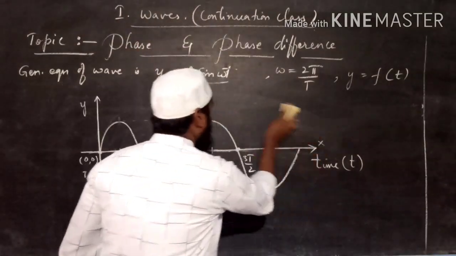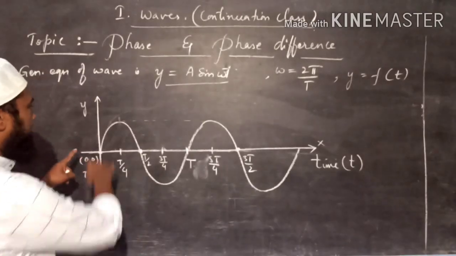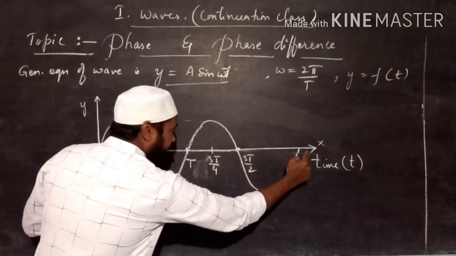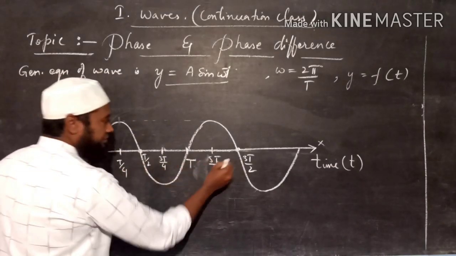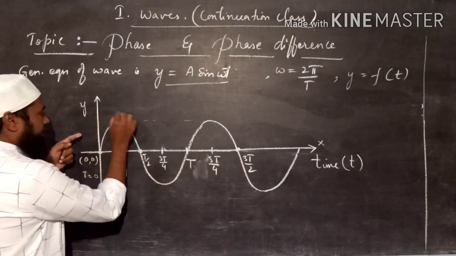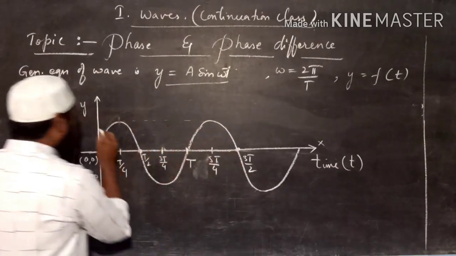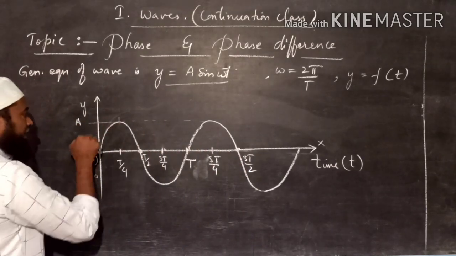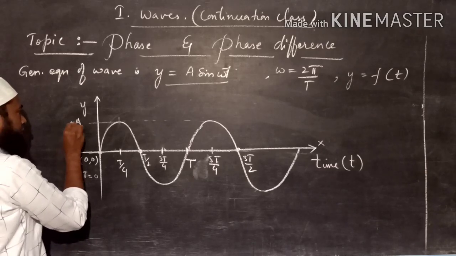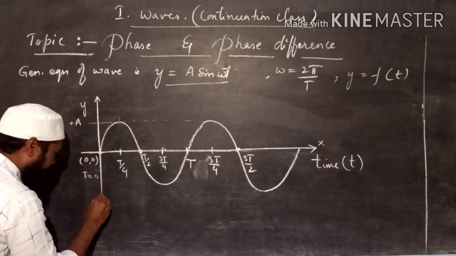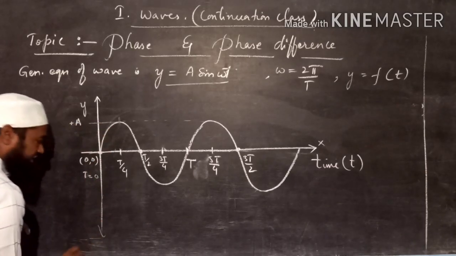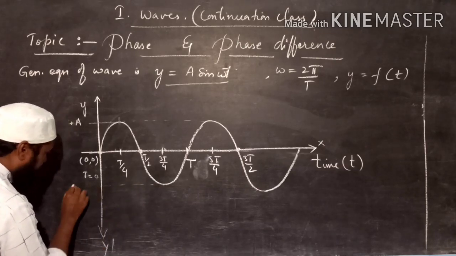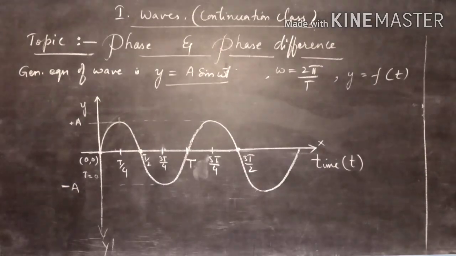Okay. Now, this is a simple form of a wave, in which on the x-axis we have taken time periods and on the y-axis we have taken displacement of the particle. The highest displacement, maximum displacement, is called amplitude, and in the upward direction it will be positive a, and in the downward direction there will be the negative y-axis, this is called y dash, and the maximum displacement in the downward direction you will get as minus a.